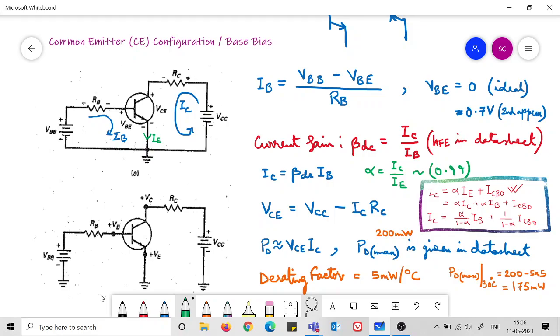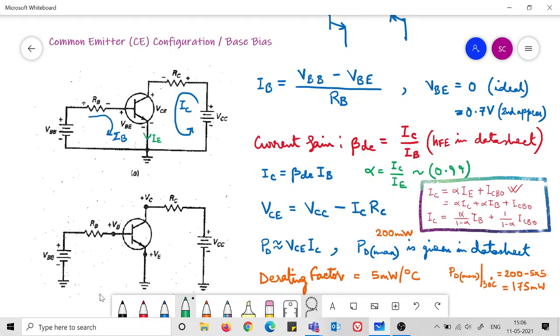Along with that, we need some properties of the particular device that we are working with. In this case it is a transistor, and the property of the transistor is that the collector current is a certain number of times the base current. There are three different currents: base current, collector current, and emitter current, and there is a relationship between these three, which is set by the device manufacturer. This will be given to you when you are trying to solve the circuit.